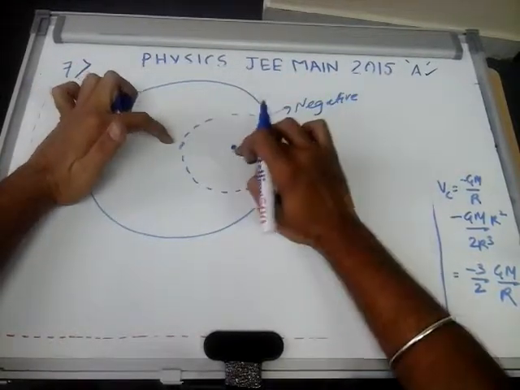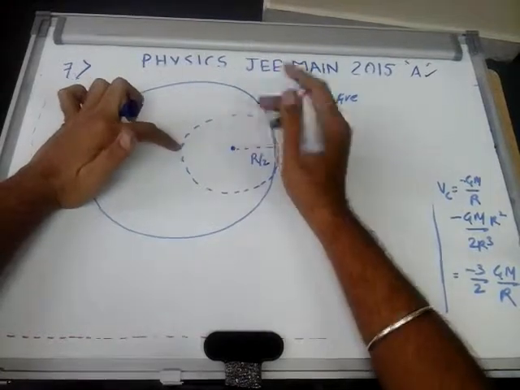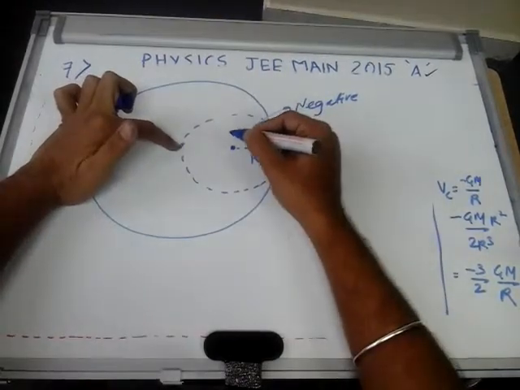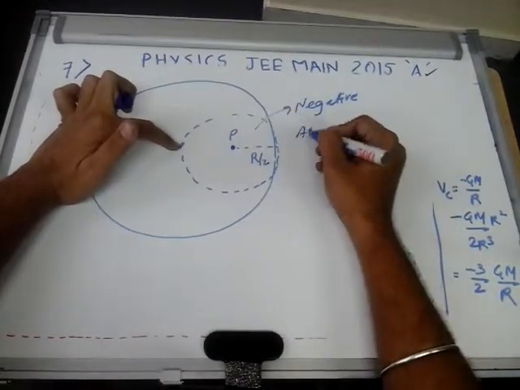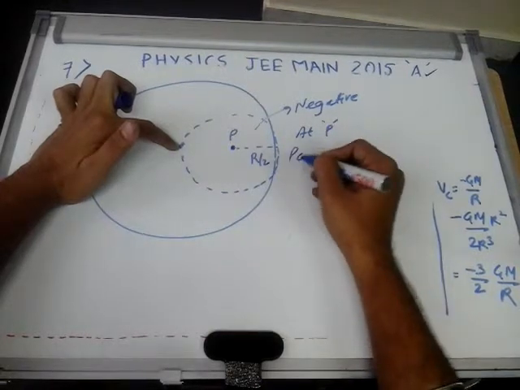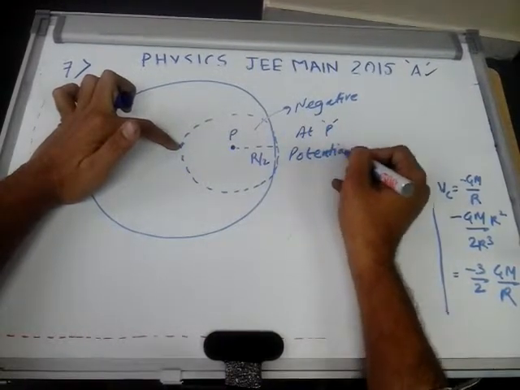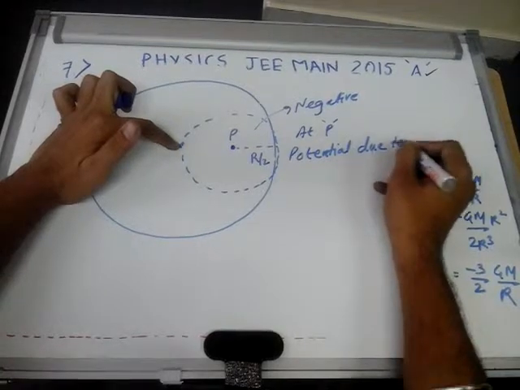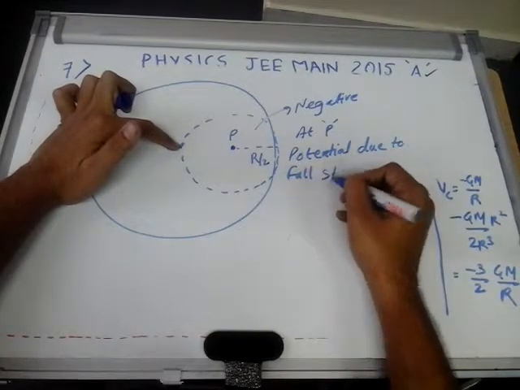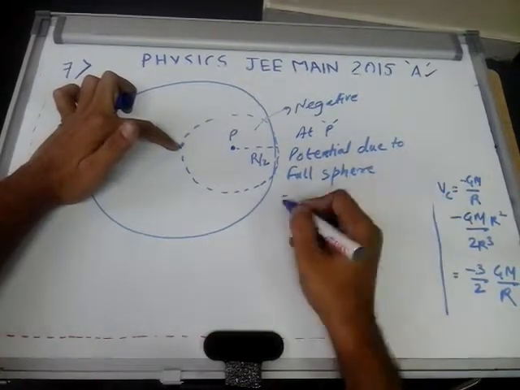So what is the potential at this point due to full sphere? Suppose this point is P. So at point P, potential due to full sphere will be